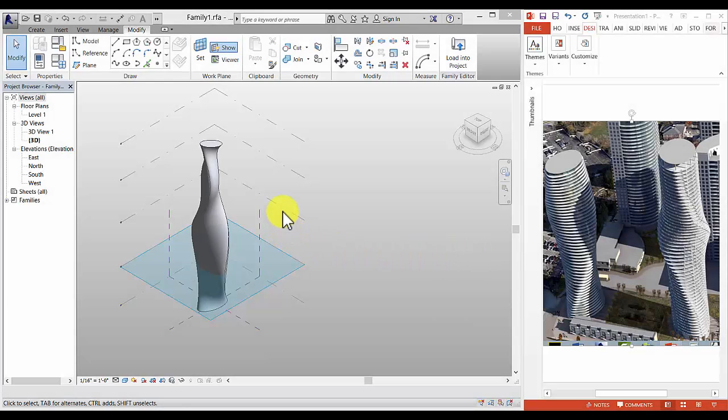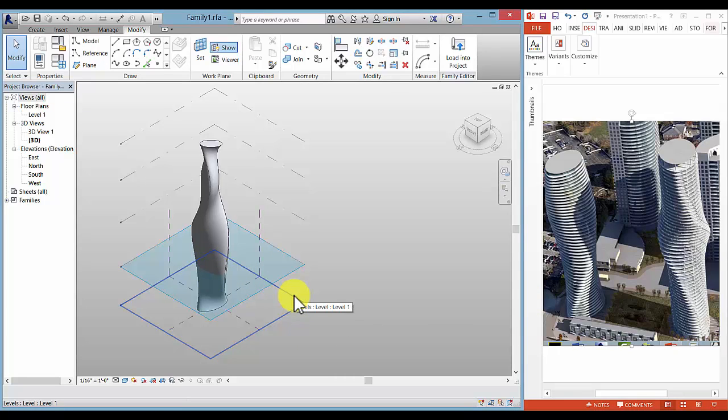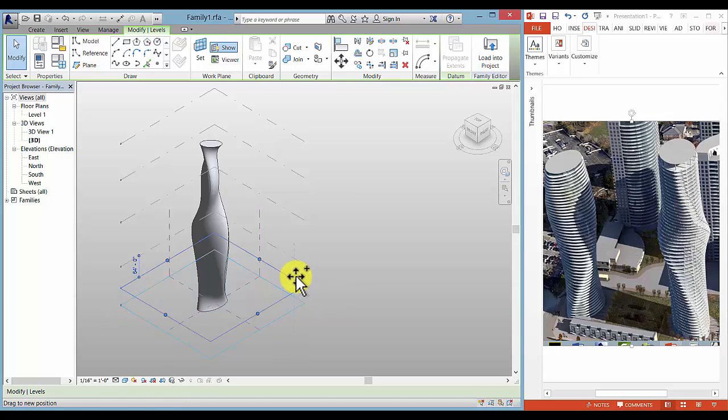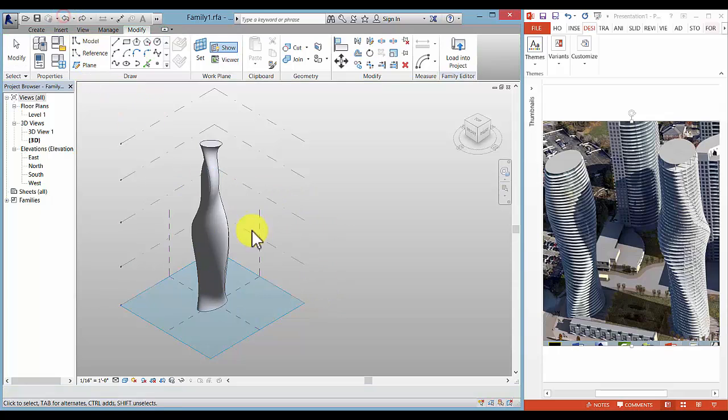So the model that we created is very similar to these towers, but we just need to change the profiles. What we did here was we selected the level and held our Control key and our Shift key down at the same time to click on it and drag it up in order to copy that level. And then once we copied the levels up and decided on the heights based on each one of these profiles